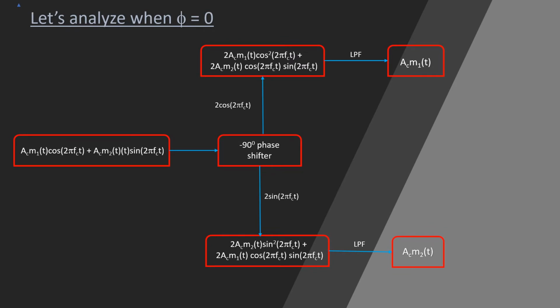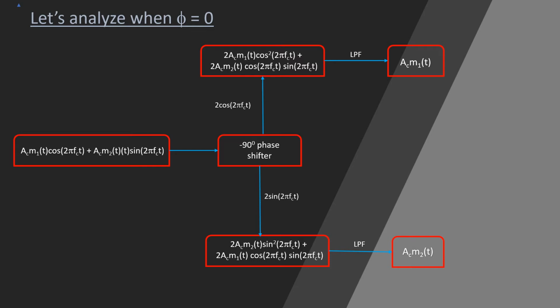Let's analyze this question when the phase error is 0. Here A_c is the amplitude of the carrier signal which was used in multiplexing the two signals m1(t) and m2(t). The multiplexed signal is fed into the demodulator, where one part is multiplied with 2 cos 2 pi f_c t and the other part is multiplied with 2 sin 2 pi f_c t, and the resultant signal consists